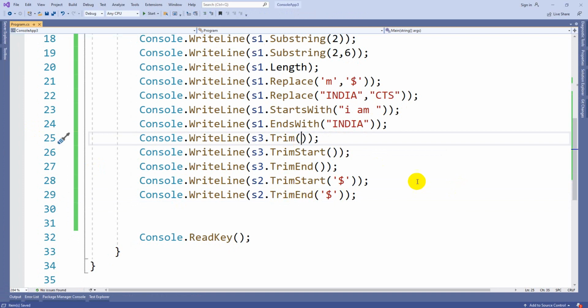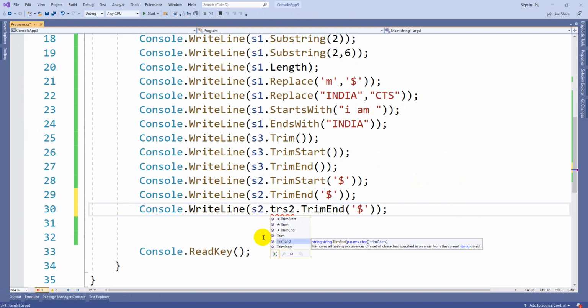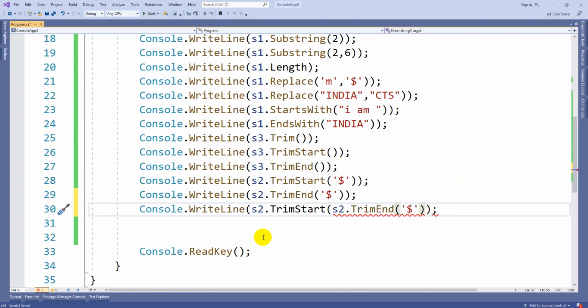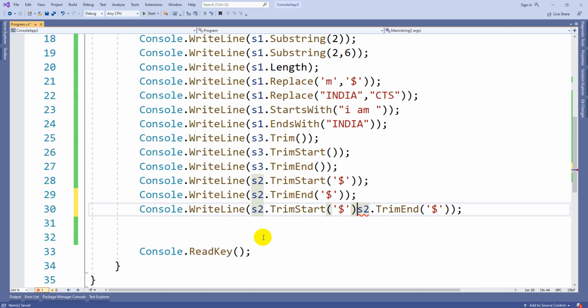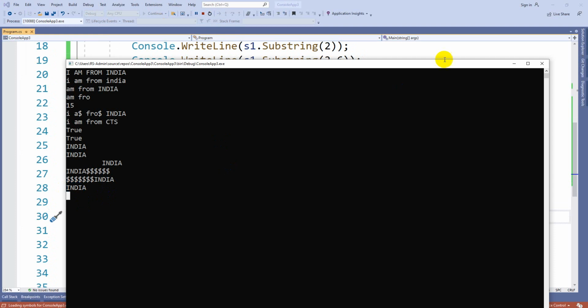Whenever I want to remove from both sides, I can apply a method like this, s2 dot TrimStart of, again I can pass s2 of TrimEnd. Then it will remove dollar symbols or any specific symbol from both sides.